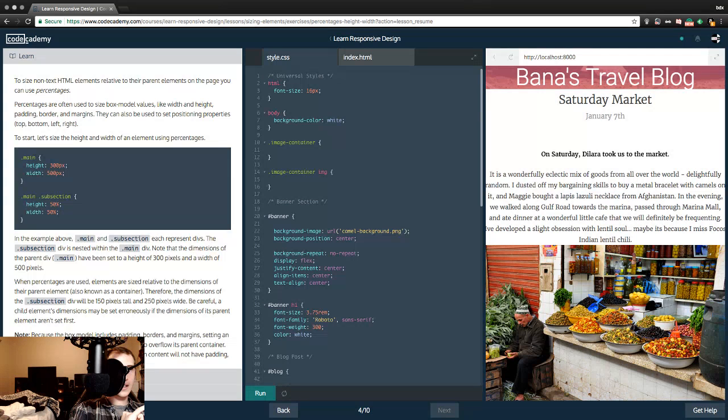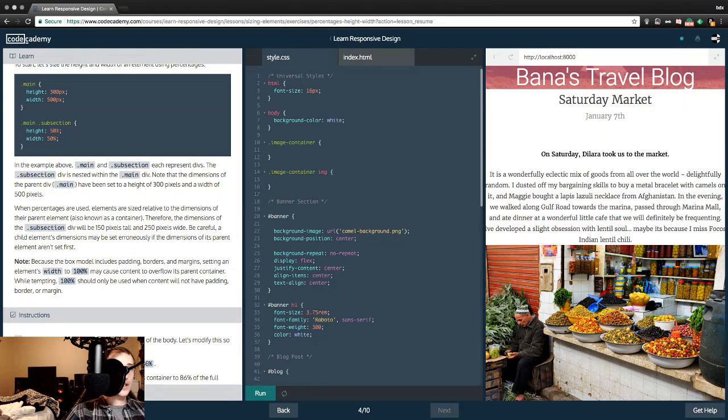To start, let's size the height and width of an element using percentages. Main: height 300 pixels, width 500 pixels. Main subsection: height 50%, width 50%. In the example above, main and